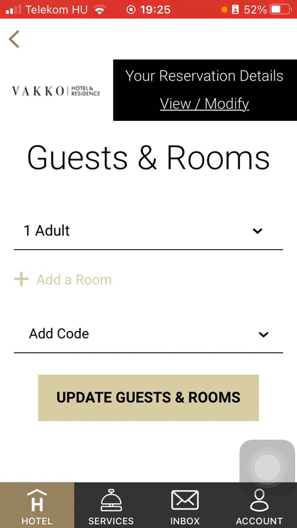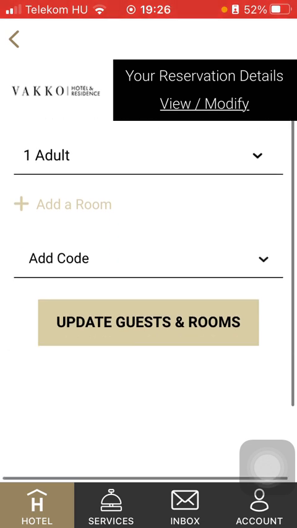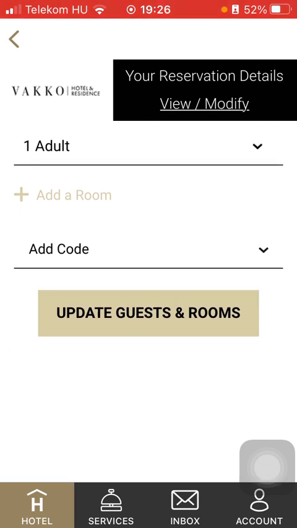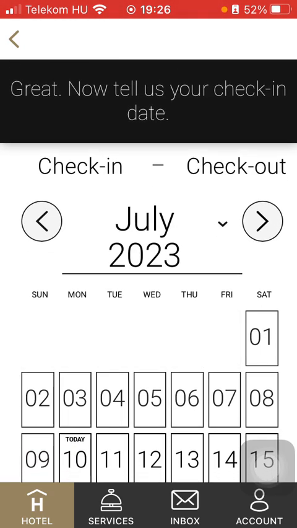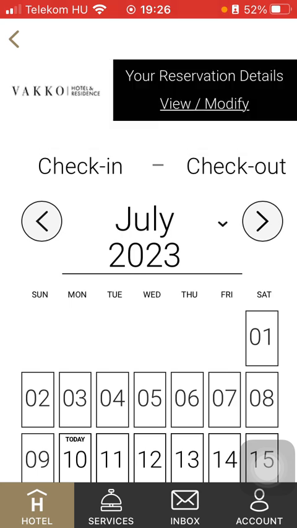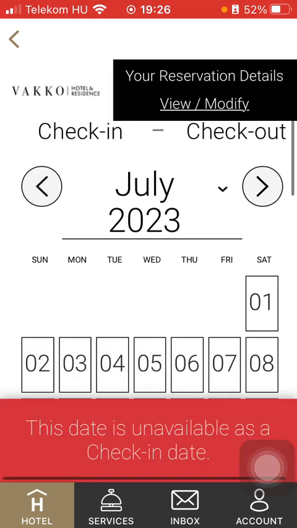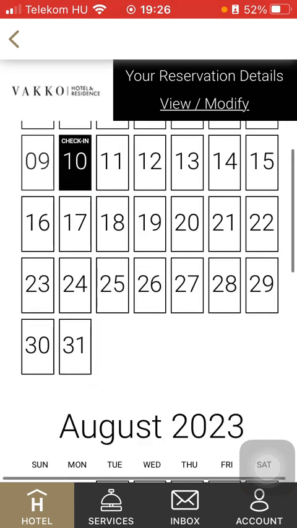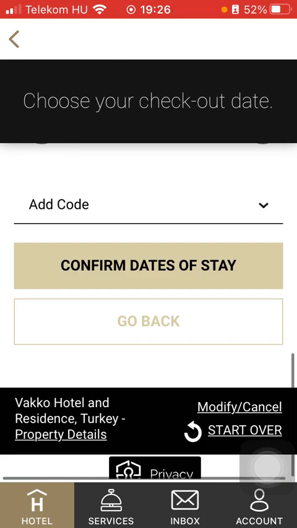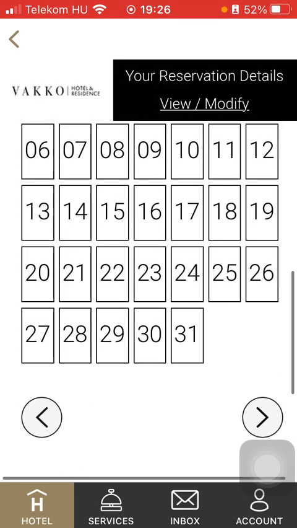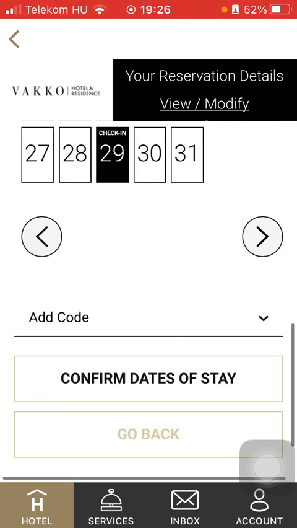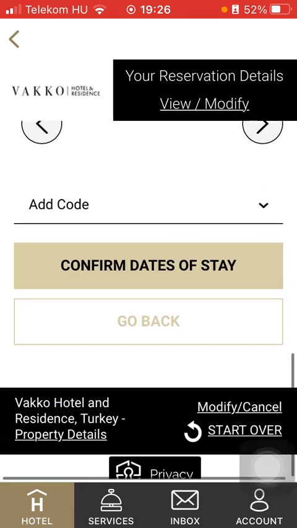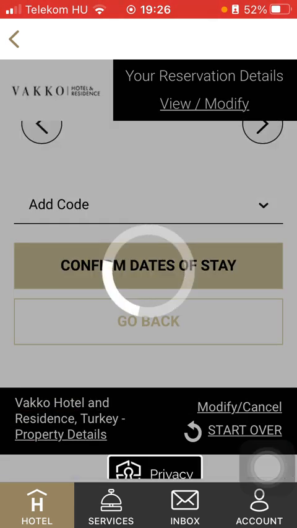Tap on add code if you have any code. Click on update guests and rooms. Here you can set the check-in and check-out date. Then you should select the confirm dates of stay button down below, and then you should